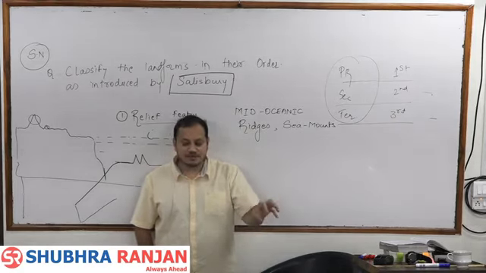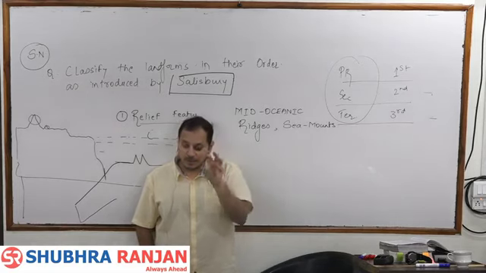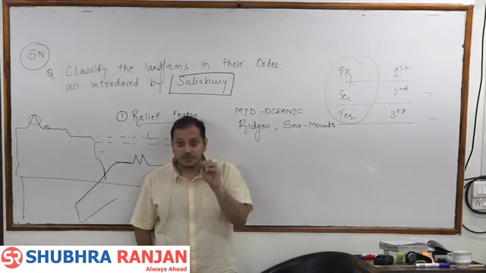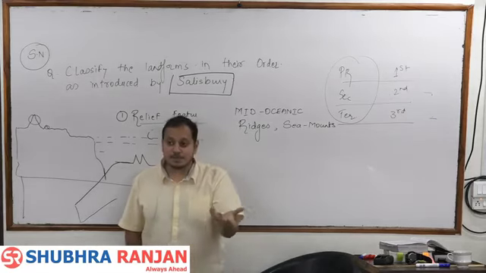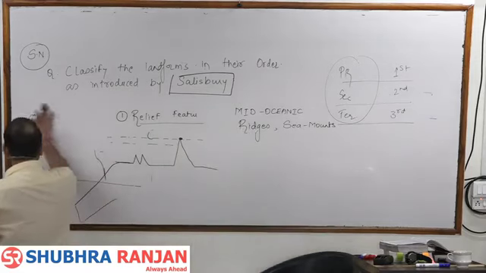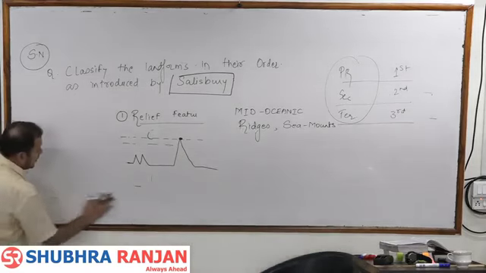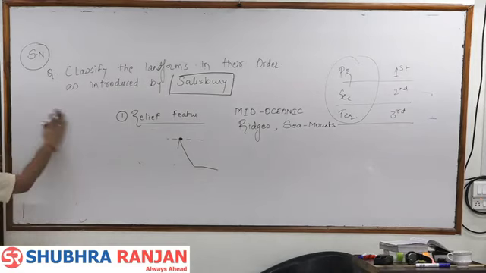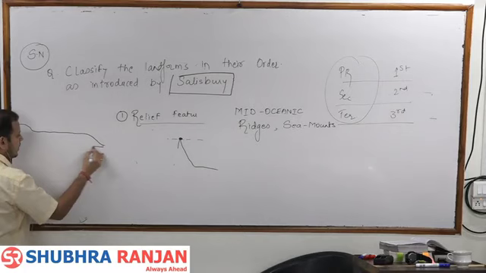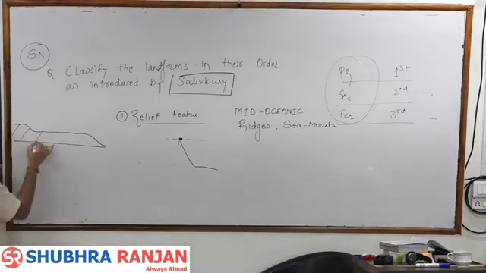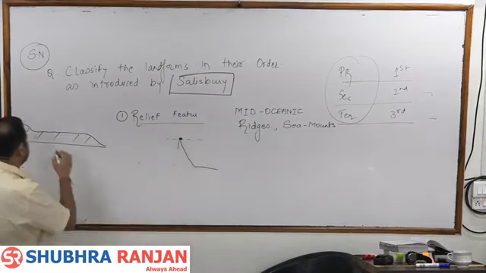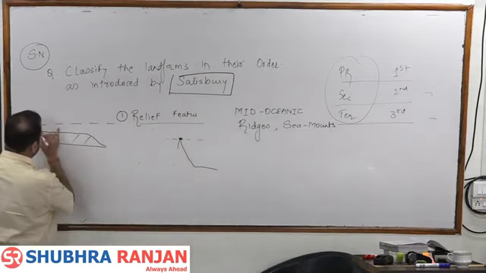Remember, second order relief features means those are formed due to endogenetic activities. Now there are some of the plains which are formed due to endogenetic activities also. Kaise plains banenge due to endogenetic activities? We don't have example of that in India. But take a case. Okay, this is a plain. Fine? This is our landform. And this landform is below the sea or below the water level.